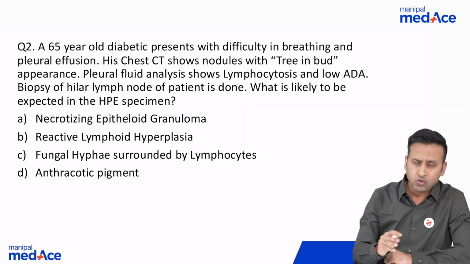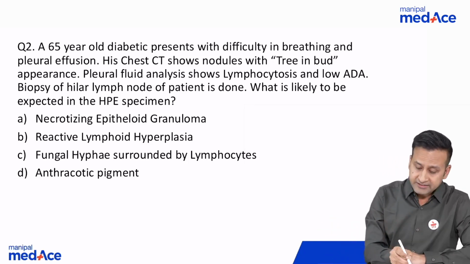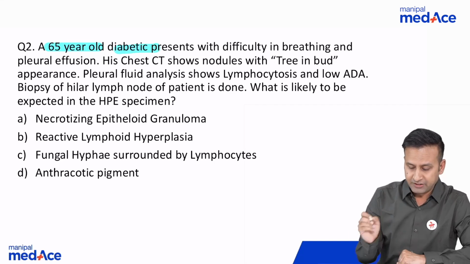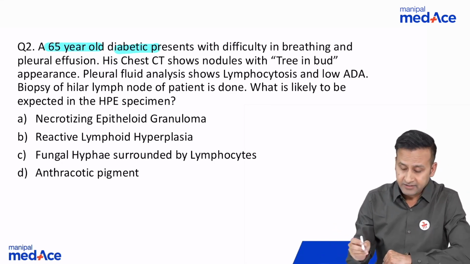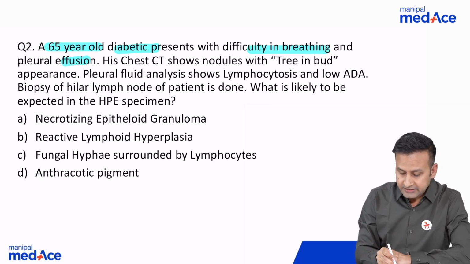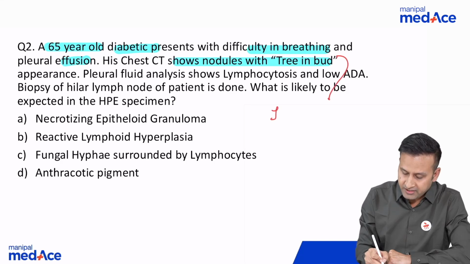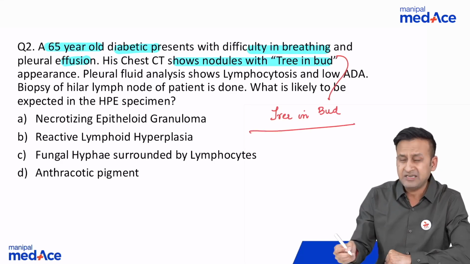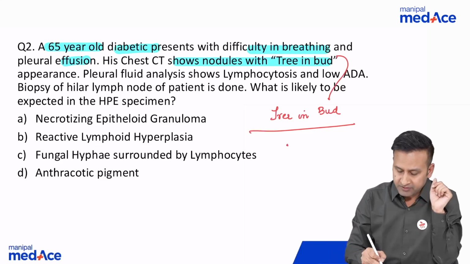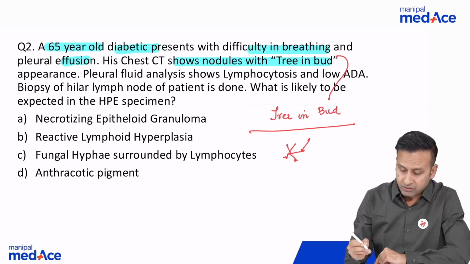This question had so many keywords. I mean, it was a long stem question, a lot of clinical integration. A 65-year-old diabetic patient, word is diabetic, then presents with difficulty in breathing and pleural effusion. His CT is showing tree in bud pattern of nodules. Tree in bud. I hope you remember what is tree in bud. Tree in bud means you have small nodules which are present in branching fashion like this, giving rise to this tree in bud appearance. And why does it occur? It occurs because of